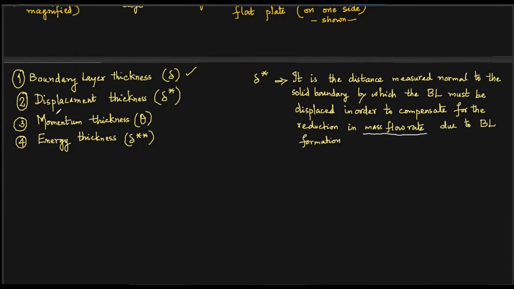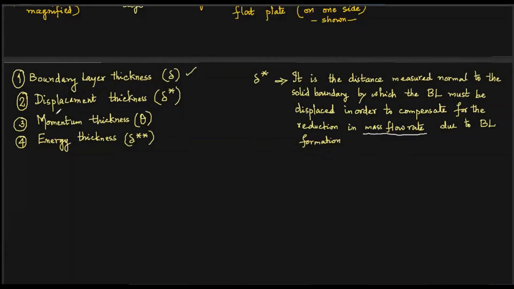Similarly, momentum of flow is also getting reduced, because momentum is essentially a product of mass and velocity. So momentum of flow is also reduced since there is loss of mass flow rate and loss of velocity. Therefore, there will be loss of momentum also. And in the energy case, energy means kinetic energy. We are talking about kinetic energy. Since velocity is reduced and there is loss of mass flow rate also, we will lose kinetic energy also.